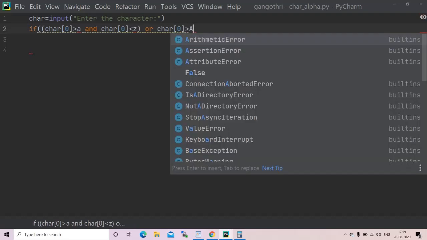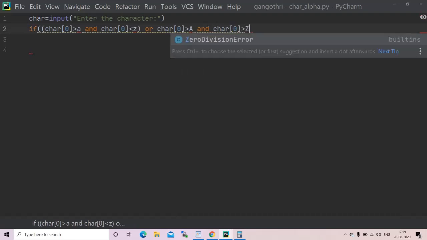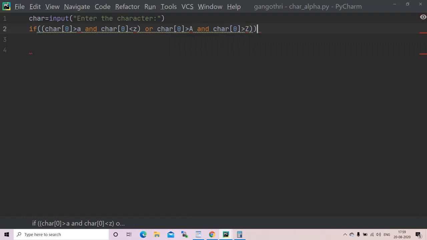I'll just change it to capital A and capital Z. Char of 0 less than Z. I'll close my brackets here. Yeah. If statement is completed, I'll give a colon here,